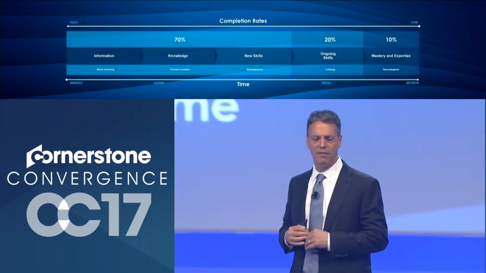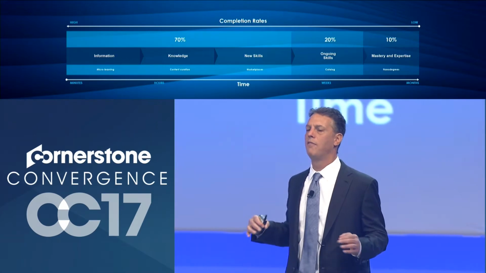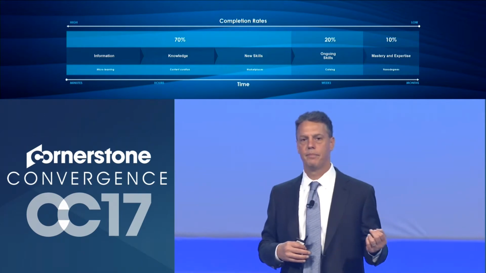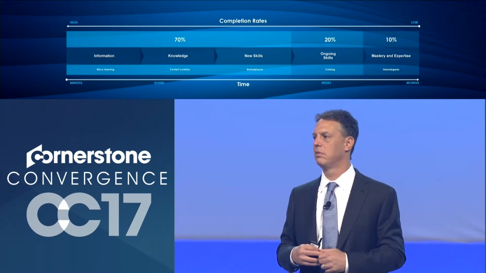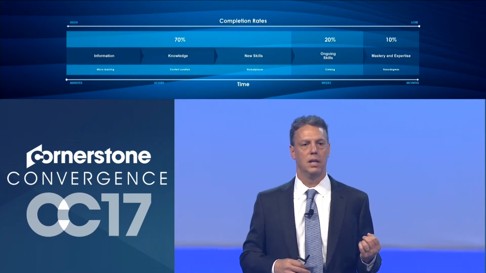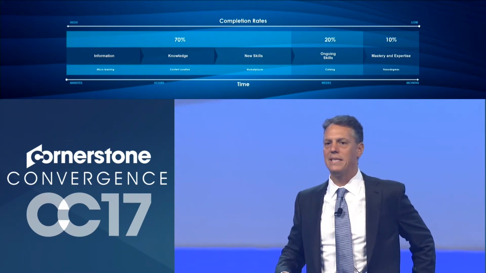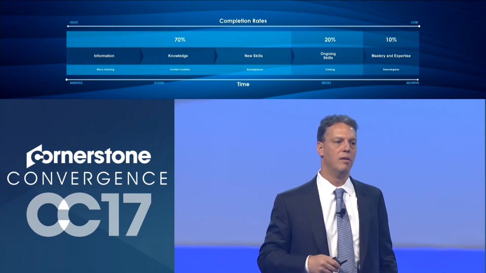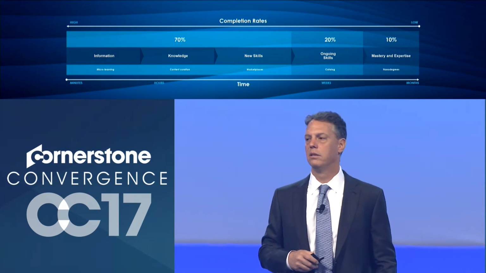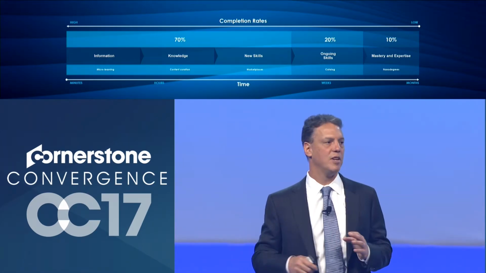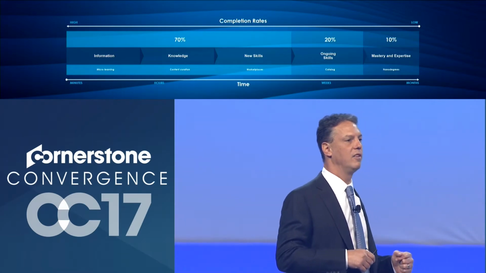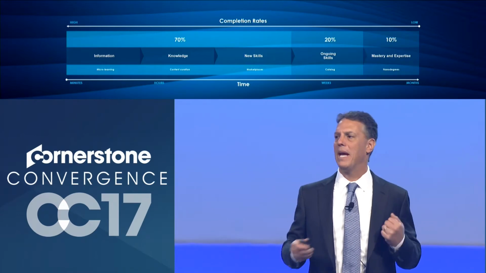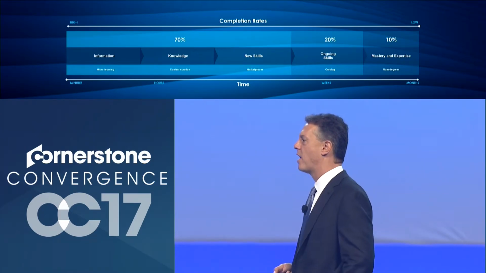You also now have a very broad spectrum of the kind of content that's available. There's content that's short form that goes down to 90 seconds. That's micro-learning. And there's content that's long form that might take weeks or months to complete to get you to a mastery level of a particular area. And all of those different types of content have different completion rates, they have different volumes, and they have different requirements. So we got to be able to deal with any kind of content that's out there.